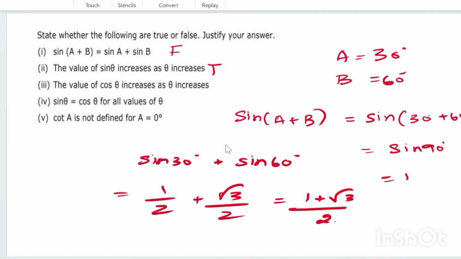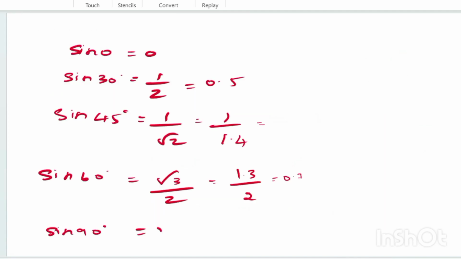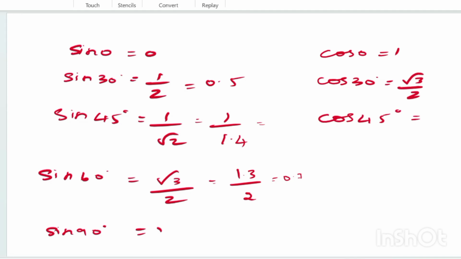Next question is the value of cos theta increases as theta increases. So what is cos 0? It's 1. What is cos 30 degrees? It's root 3 by 2. What is cos 45 degrees? It's 1 by root 2. What's cos 60 degrees? 1 by 2. And what is cos 90 degrees? It's 0. They have given that the value of cos theta